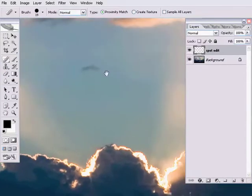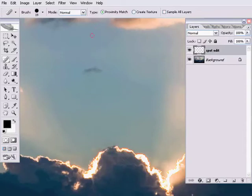That's the spot healing brush tool, and that is the make-it-go-away brush that I've mentioned before. So just zooming in on what we want to edit. Remember, sample all layers, we need to turn that on if we want to spot edit onto a new layer. And as always, the square bracket keys on our British or American keyboards, apologies to the rest of you, will make our brush size larger or smaller. And just grabbing the graphics tablet, I'm just going to